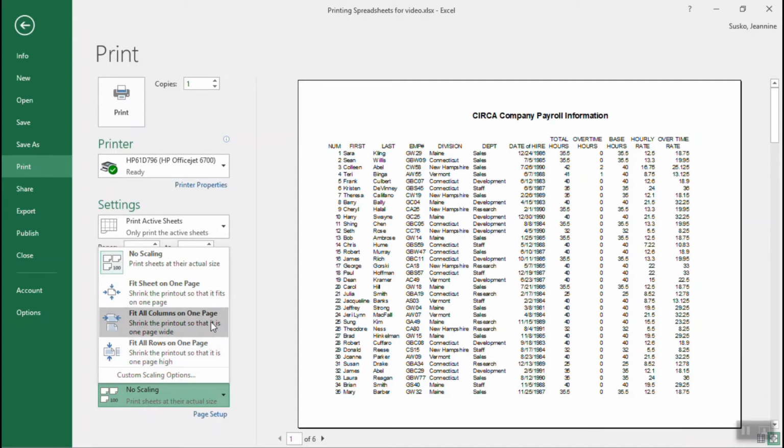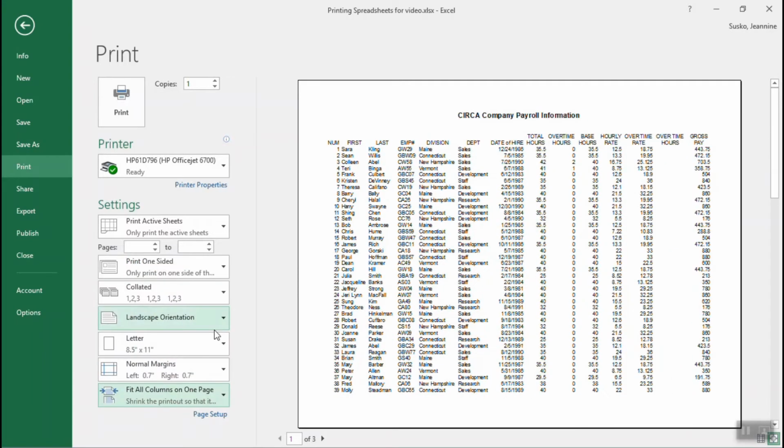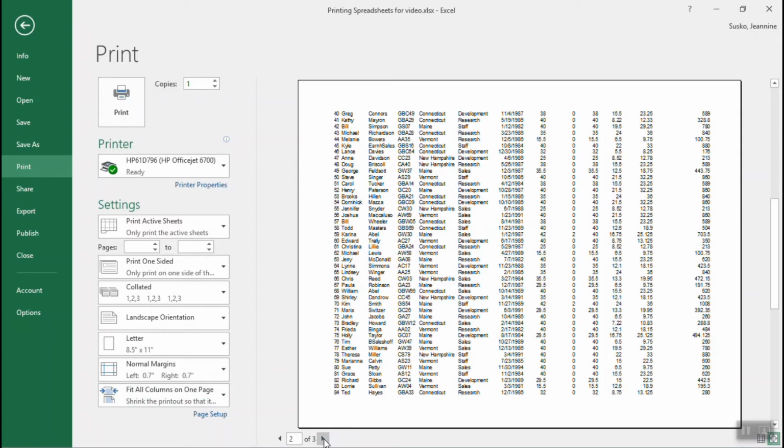If you have a very large number of columns, this doesn't always help, and we'll look at an example of that a little bit later on in this video. But I give that a click, and it will be able to add all of those columns onto one page. So all the way across through gross pay. Now I'm down to 3 pages, and it's all fitting